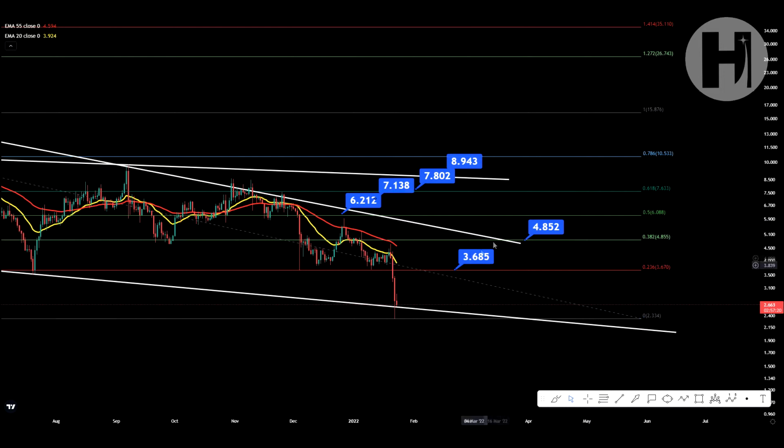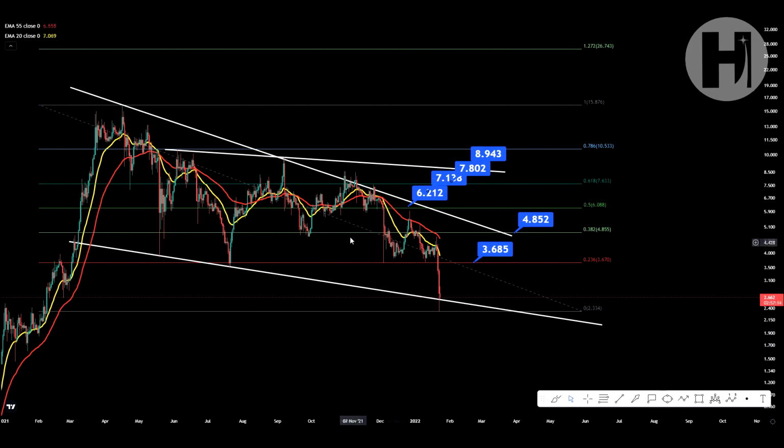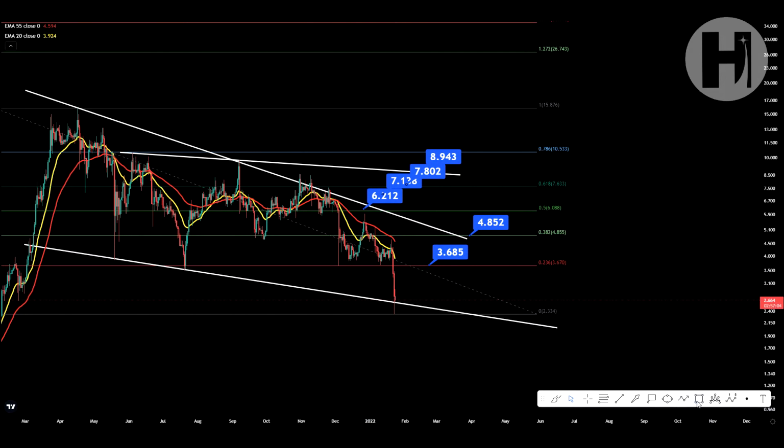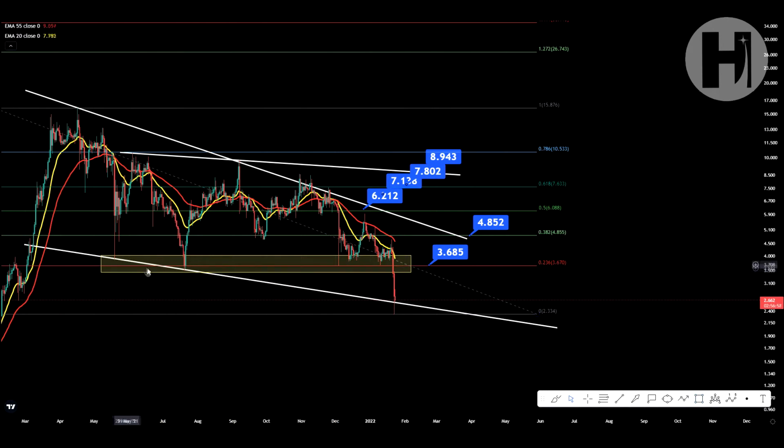So you can have some multiple take profit targets, but honestly, I'm not swing trading at the moment. And I am not selling anything, obviously, at a loss. I'm simply buying the dip and accumulating as many altcoins as possible. But you can see that the 0.236 was a very, very strong support level over here. We've hit our head on this level multiple times, so potentially a backtest of resistance is something that we